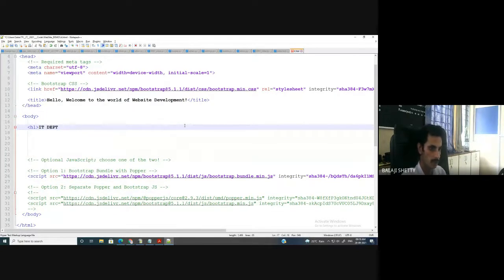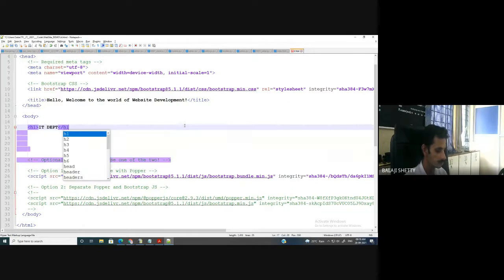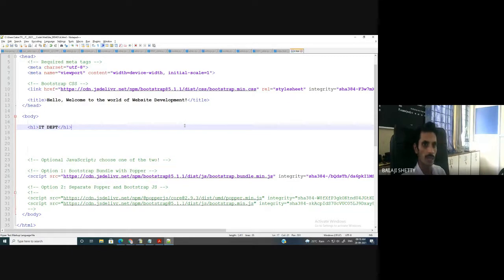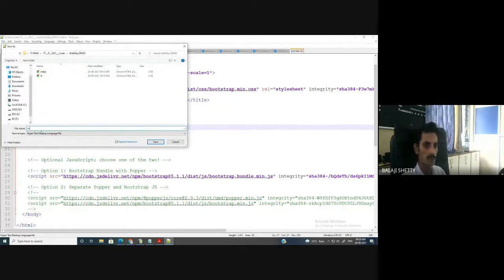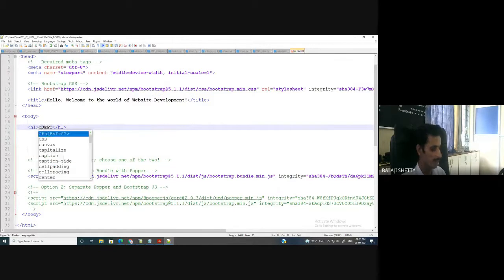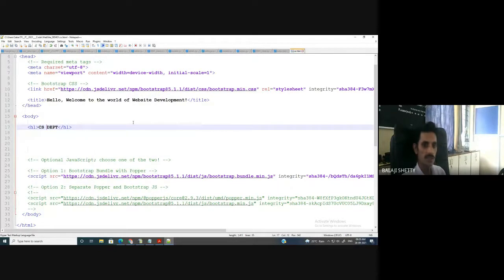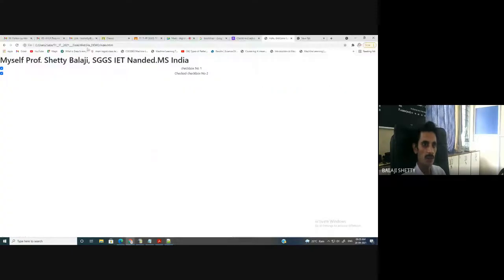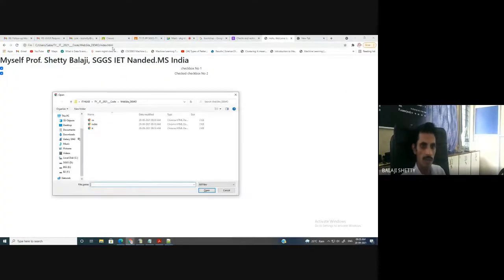I think insert space /h1. Okay, and again I save this file as csc.html. Yes, computer science.html, and here. So I am just creating multiple pages here. CS department. Save it. Now let us run it.html.